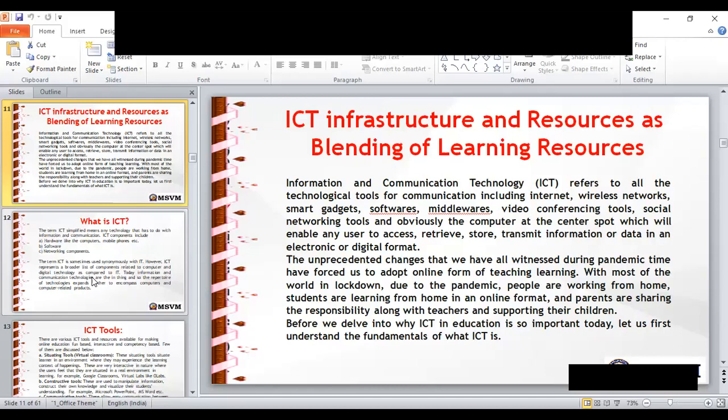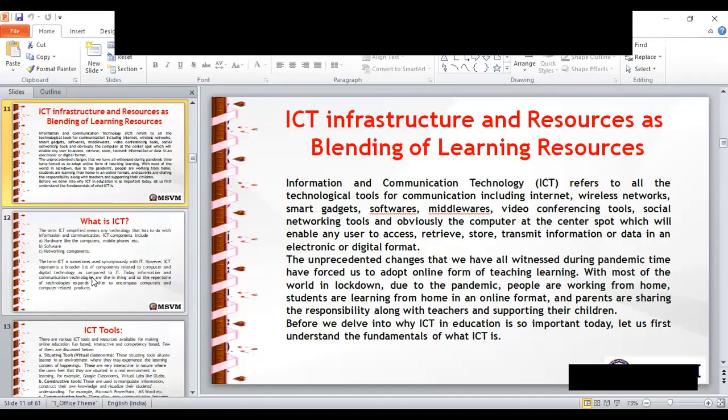So for this, ICT tools are very important for blended learning. ICT is having a very influential role in this era. So blended learning is very important, but without ICT, we can't imagine blended learning. So ICT tools can be used in this learning mode.